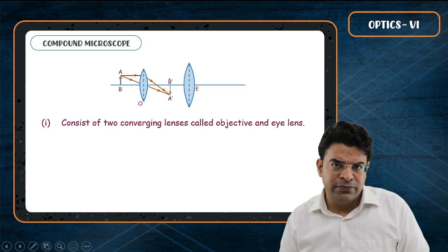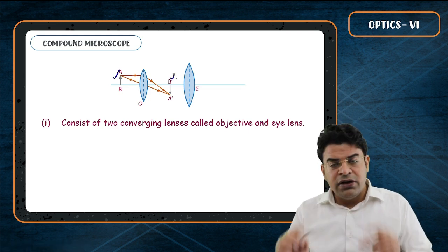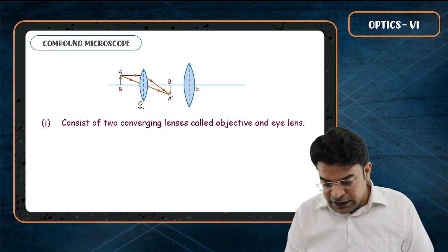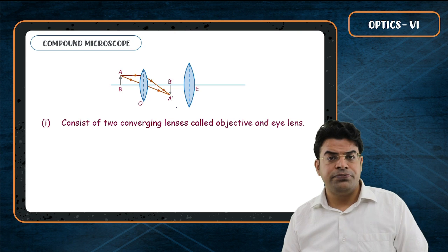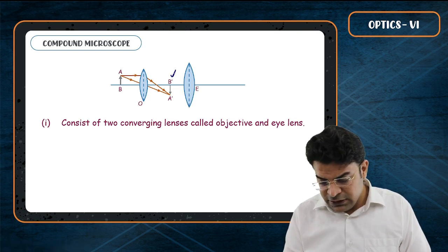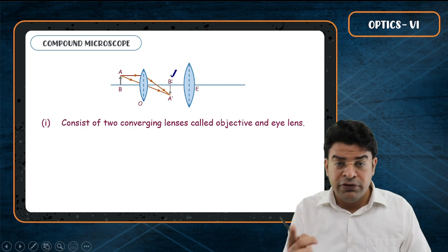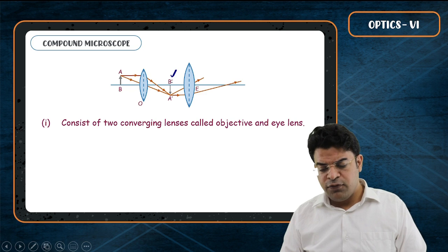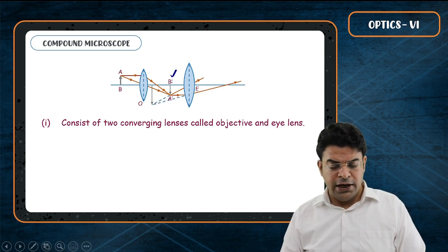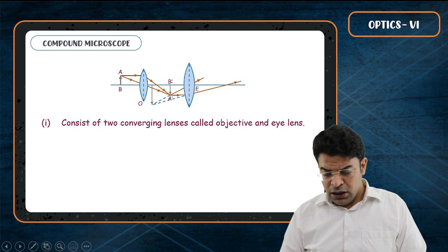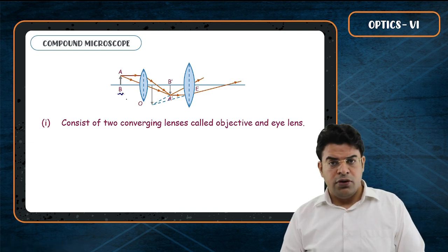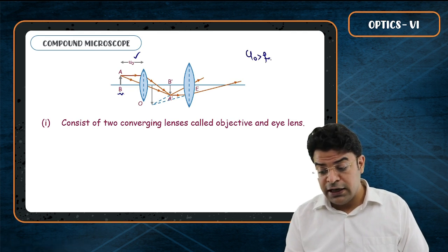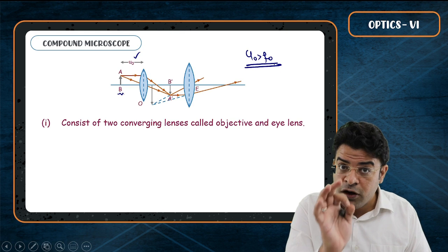Second thing, since the object and image are on different sides of the lens, the image must be inverted. So this objective inverts the image. Now once this image formed by the objective, which is the object for the eyepiece, lies within its focus, the eyepiece forms a virtual magnified image. Now let's say the distance of the object from the objective is given by u0. So we know that u0 should be greater than f0 for the compound microscope to work properly.